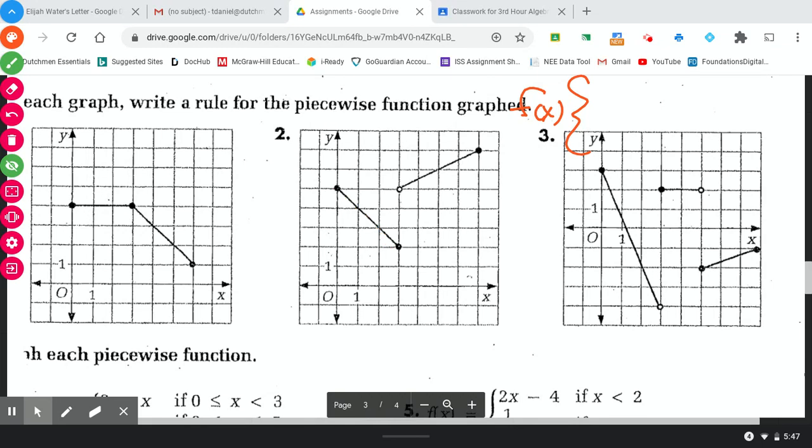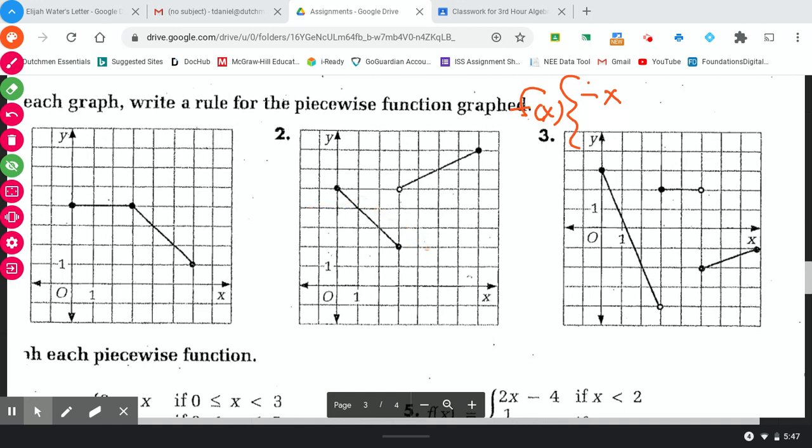So its slope, it looks like it's down 1 over 1. Yep, down 1 over 1, down 1 over 1. So the slope of that one is going to be just x. And again, it's going down, so it's going to be a negative x. Okay? It's going to be a negative x. And